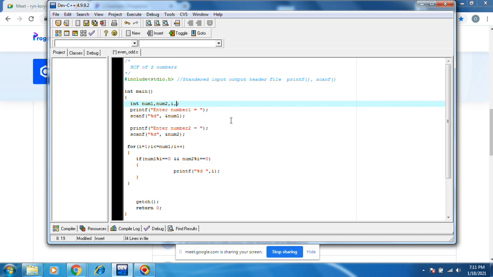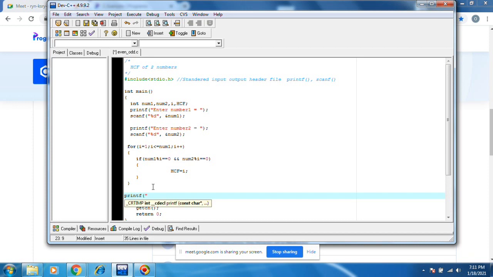Comma HCF, then HCF equals I. Then at the end you can print HCF or GCD equals percent d, slash n for new line.